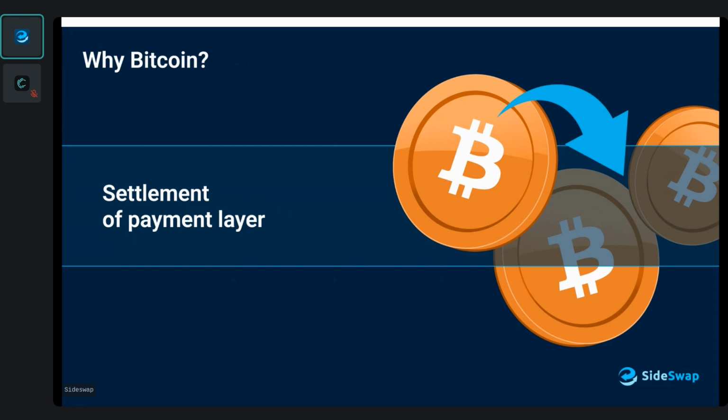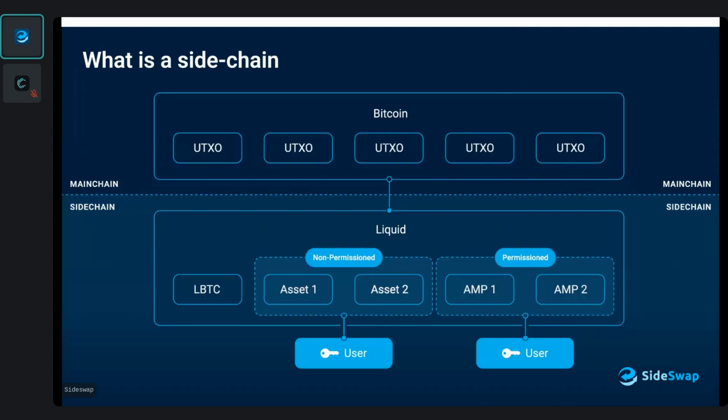So Bitcoin would be the settlement of payment layer in any financial system that it needs to operate. And to that settlement of payment layer, we need a securities issuance layer. So Liquid, with all its properties, is effectively the primary issuance layer for securities or for asset issuance. So Liquid here is a sidechain. Even if we call Liquid a sidechain, it's a sidechain to Bitcoin because the native asset for payment on the network is Bitcoin. However, Liquid is also the primary issuance chain for